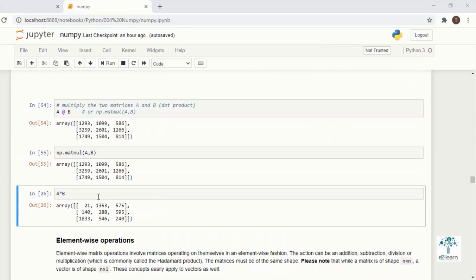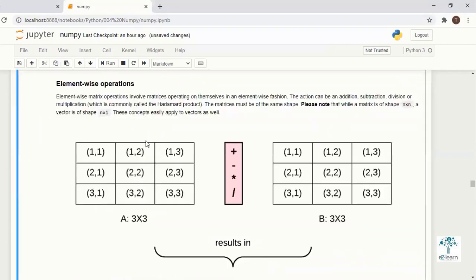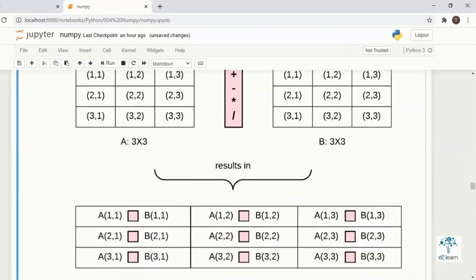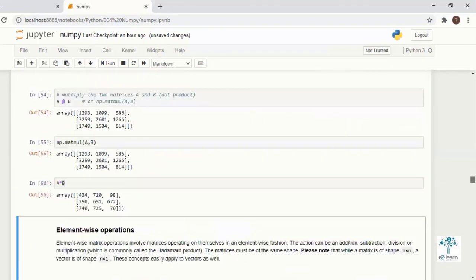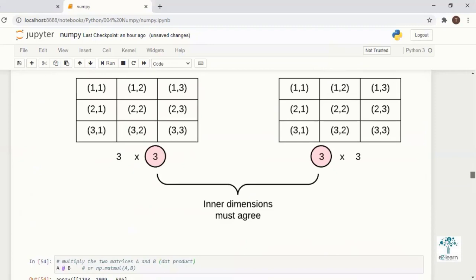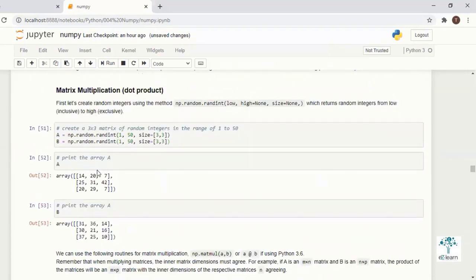That is also multiplication, right? A * B normally multiplies element wise. If you see, this value and this value differ. Why? 4 times 1 gives 4, 14 times 31 gives 424, so it is getting multiplied element wise.